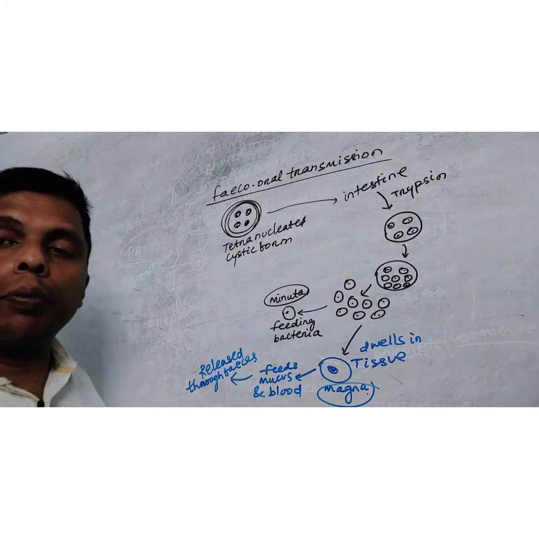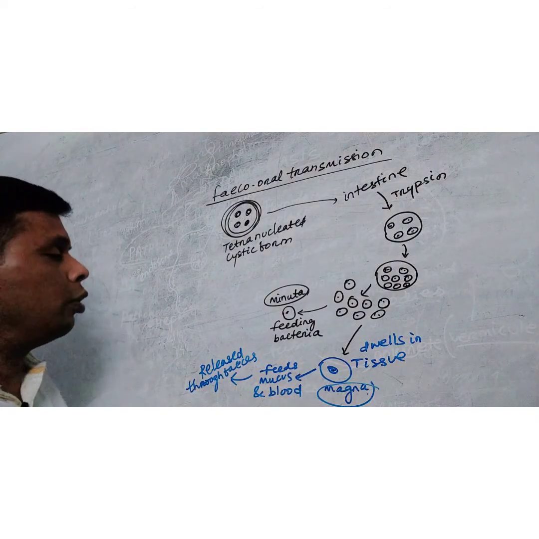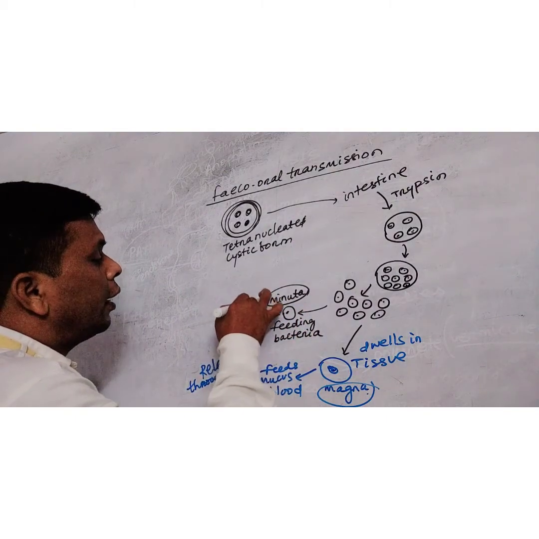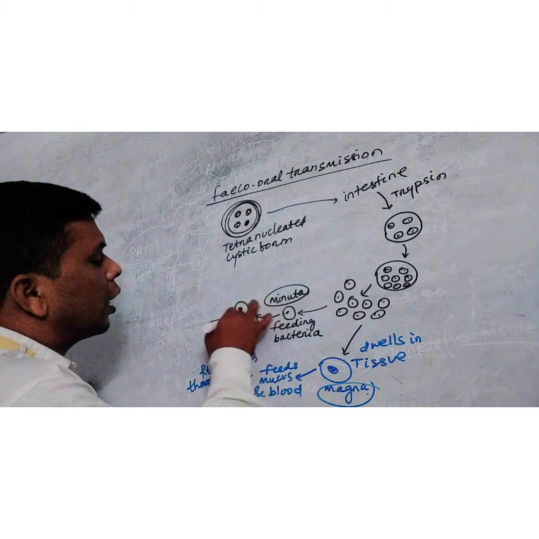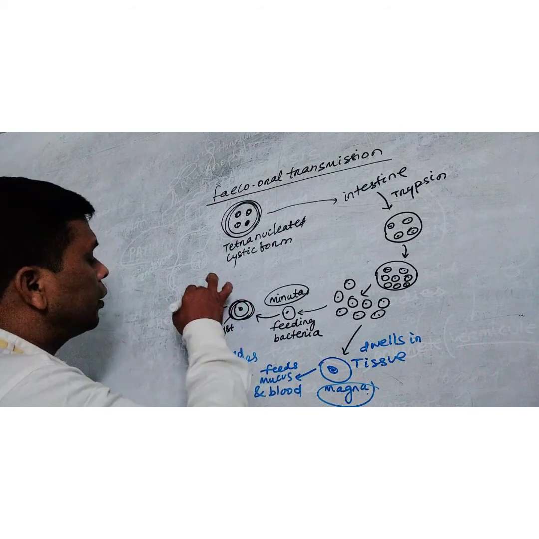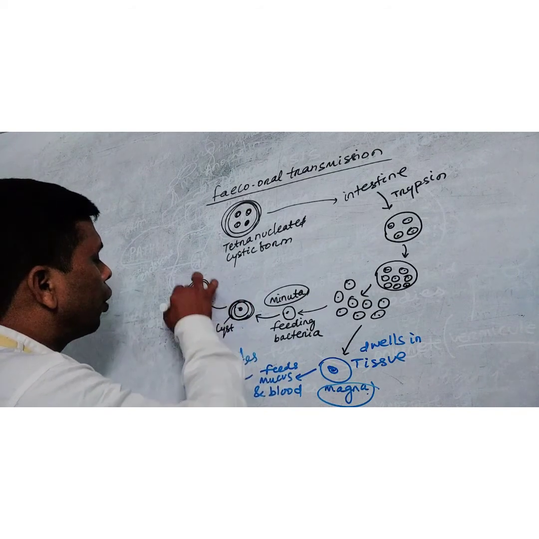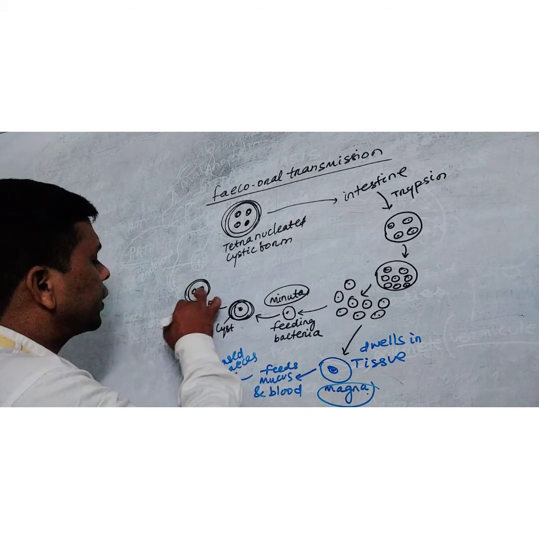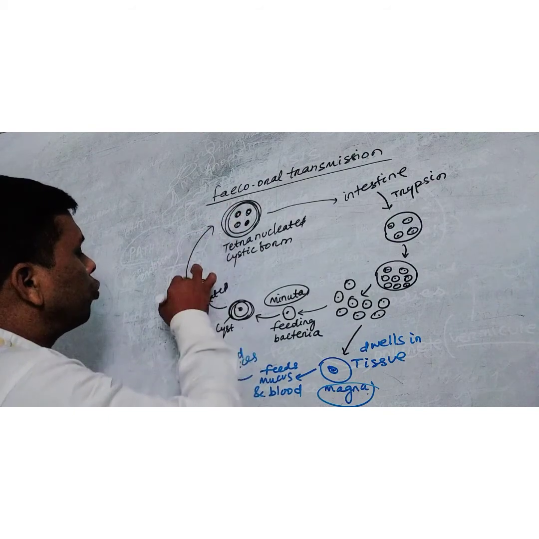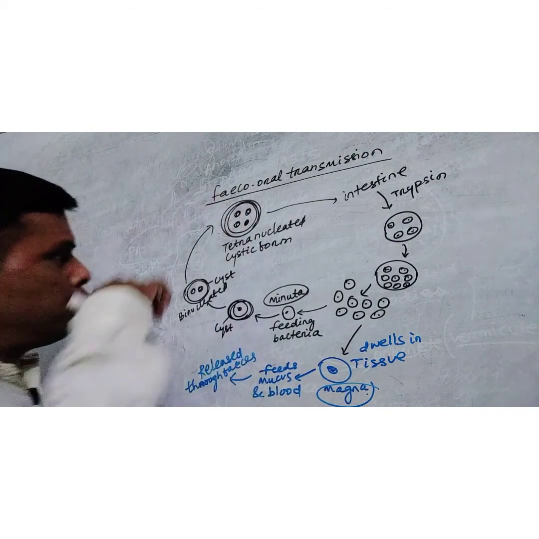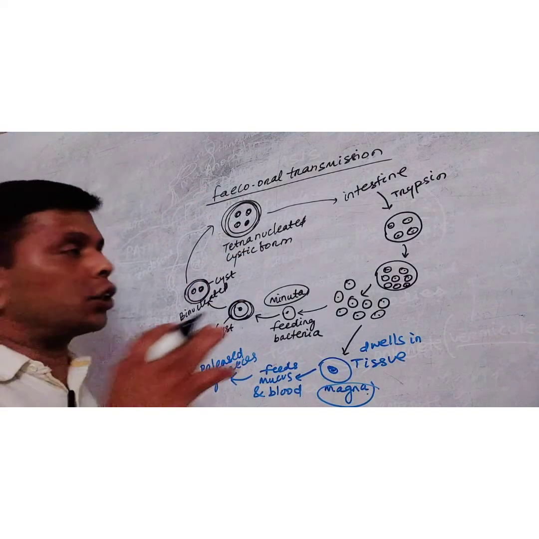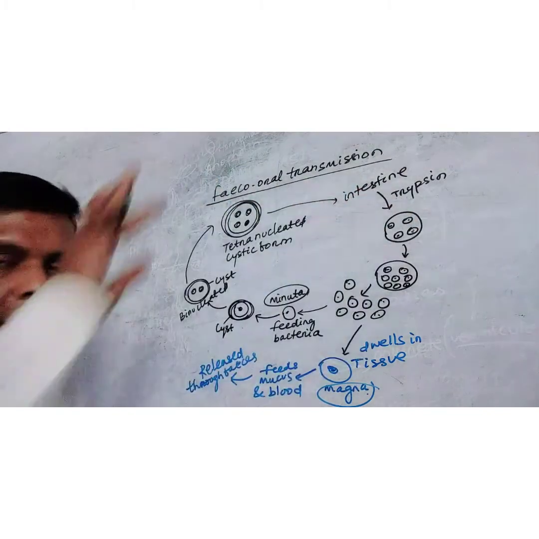Okay, so what happens to the Minuta form then? After feeding on bacteria, it starts producing a cyst around it. It secretes the cyst, and the nucleus divides to produce the binucleate cyst, the binucleated stage. It again divides to produce the tetranucleated form. This tetranucleated form, as usual, through contamination enters into the intestine again.